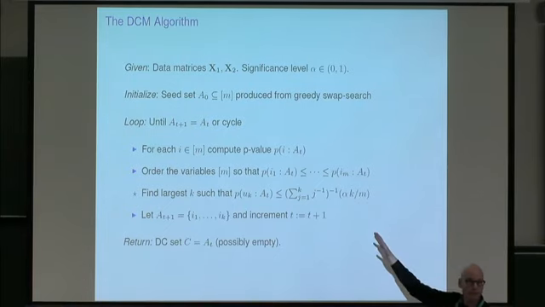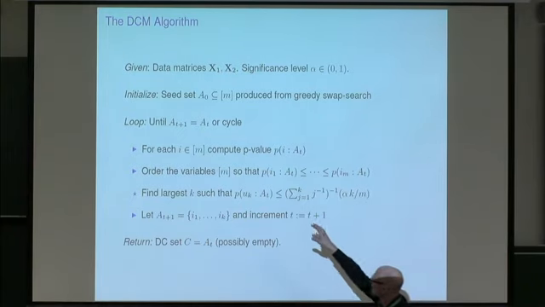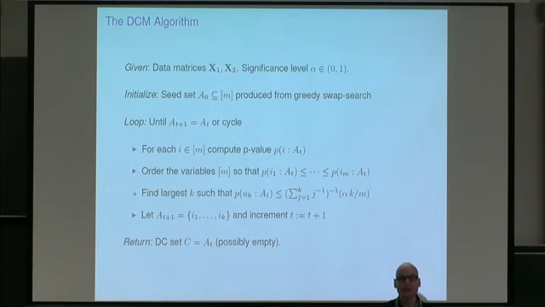Typically, we get to a fixed point. When you get to a fixed point, what do you know? Let's say that A is a fixed point. That means that everything in A is significantly differentially correlated with respect to A. Nothing outside A is significantly differentially correlated with respect to A, which is exactly the first part of the definition that I gave before. So the fixed point of this search procedure puts us in the right place in regards to the kind of stable variable set that we wanted.